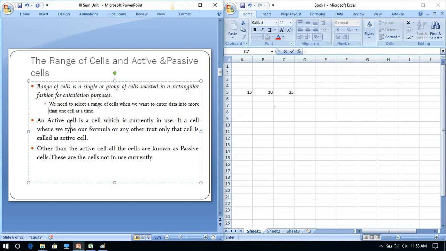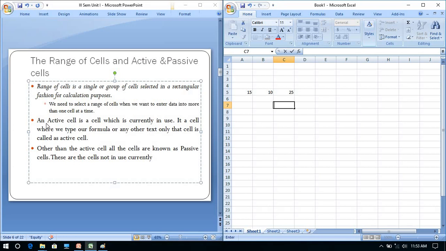Now next we'll see what is active cell and what is passive cell. An active cell is a cell which is currently in use. Suppose, for example, which cell is active now? C7. C7 is the active cell because currently I am working on that cell. I am using that cell.